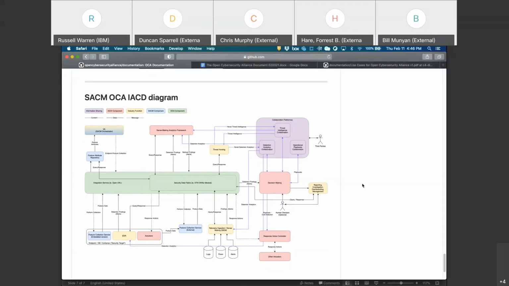So I agree with you, Duncan. Because in people's real life networks, a lot of them hang off that communications fabric you were talking about in the middle. And maybe we'll have an architecture that's a separate network that only the SOAR talks to, but an awful lot of real networks, some of these other devices talk to them too.